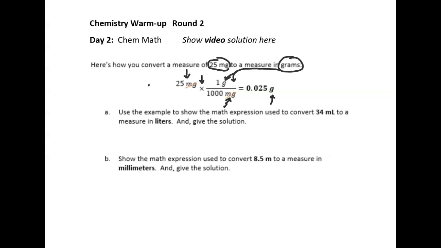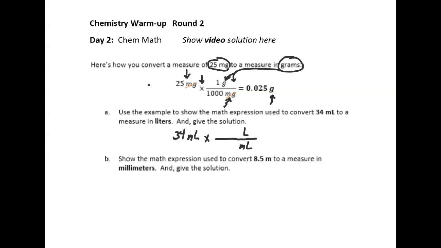So now that we've seen that technique in the example, let's use the technique to do 2 more questions. We want to convert 34 milliliters into liters. So from the example, we begin by writing the given measurement, including its label, milliliters. Write multiply and draw the fraction line. We want to create a conversion factor between milliliters and liters, and it matters what goes on the top and the bottom. We want to change into liters, that goes on top. We want to change from milliliters, that goes on the bottom, so that it can cross-cancel with the previous label